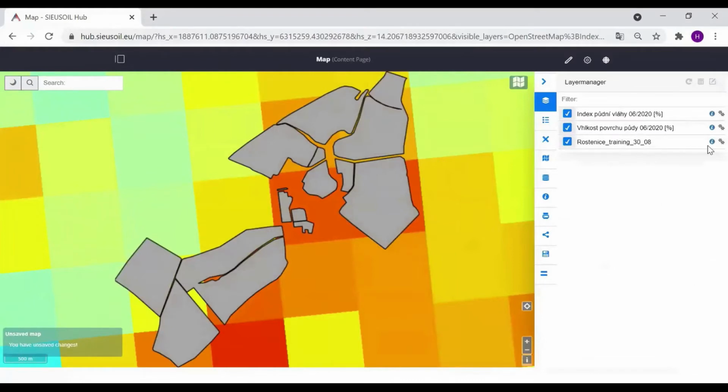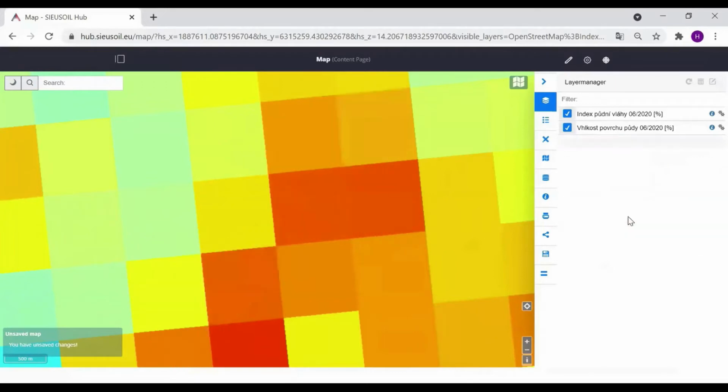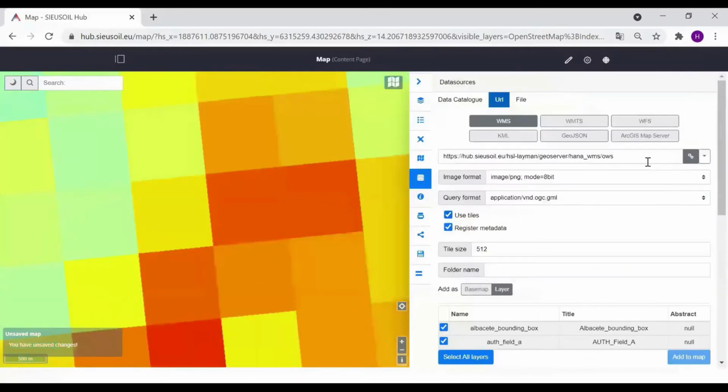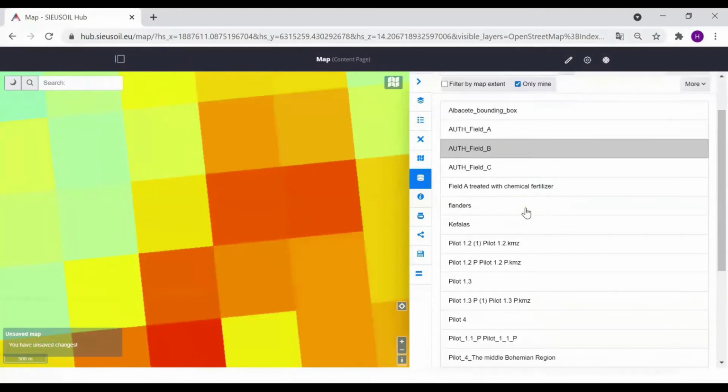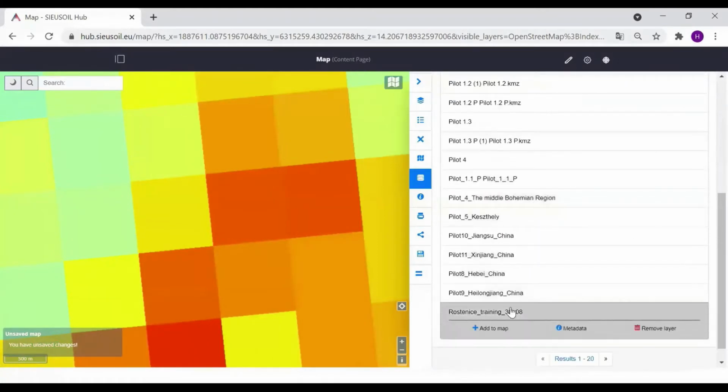And what I can do now is to delete it and upload it not as a WMS, but as a WFS. We can check the data catalog, go to data catalog, tick only my layers, and we can see now that Rostenice training has been stored into the Layman.